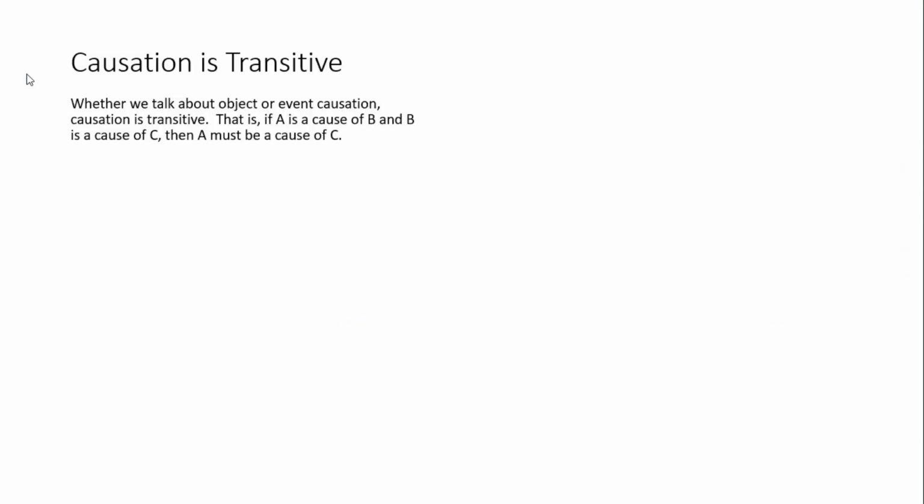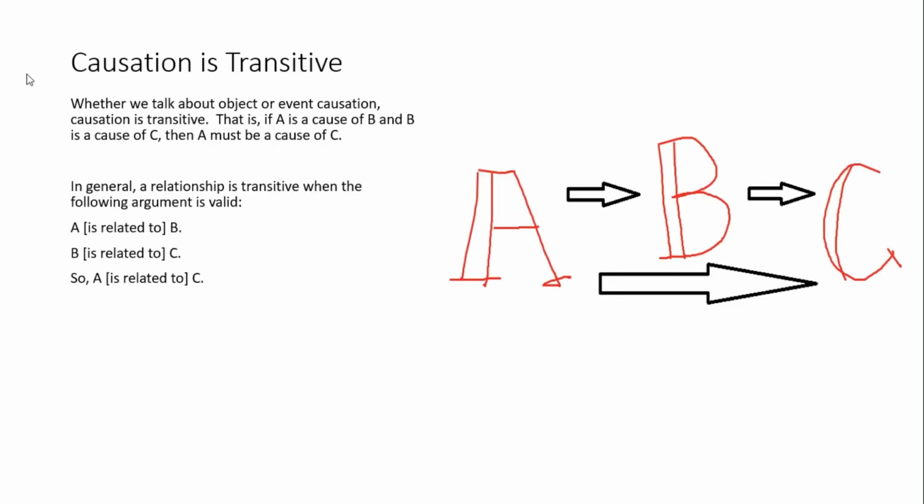However you talk about causation, as happening between objects or between events, causation is transitive. Here's what that means. If A is a cause of B and B is a cause of C, then A has to be a cause of C. In general, a relationship is transitive when the following argument is valid. A relates to B, B relates to C, therefore A relates to C. You remember what it means to say an argument is valid. The premises couldn't be true while the conclusion isn't. So A relating to B and B relating to C guarantees that A relates to C if the relationship is